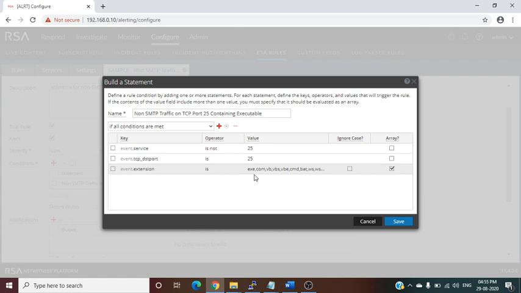And the extension is exe, com, vbs, and these are the file extensions, bat, cmd, anything. Okay, so here it is checked as array because multiple values are given, meaning this is an array of values, so we have to select array, otherwise it will not work, it will consider one value. There are multiple values separated by commas, so tick the array. Okay, so this rule basically checks non-SMTP traffic, and destination port is 25, extension is exe, com, vbs, and